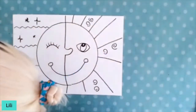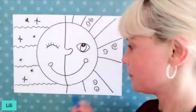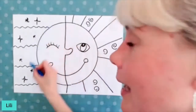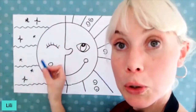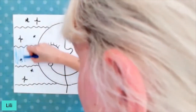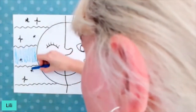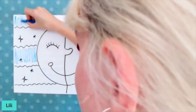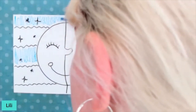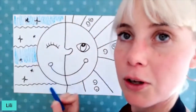So you can use a mixture. I'm getting my pastels out and I'm going to paint a bit. So remember again, cool colors, the blues. So I'm going to color in a bit with blue. I'm going to paint also just now. But I'm just helping myself remember what are cool colors. Okay, for the moon. So the blues,